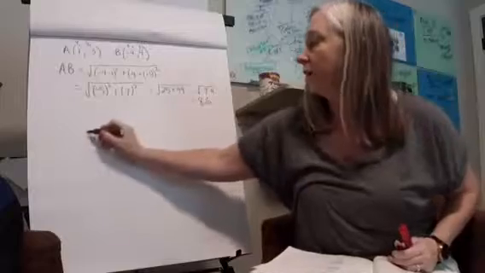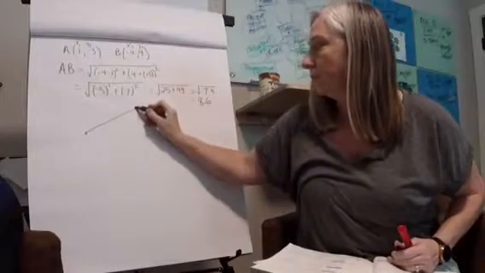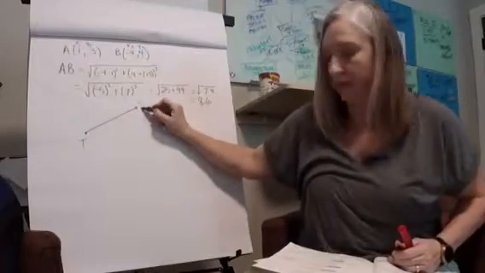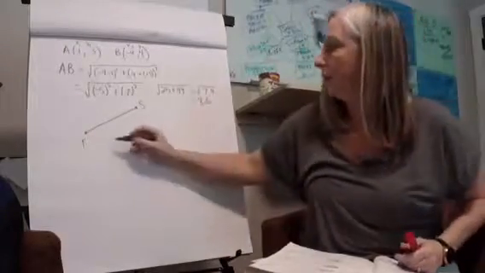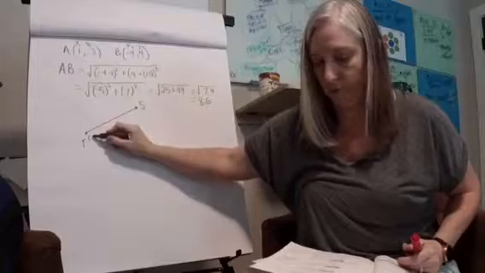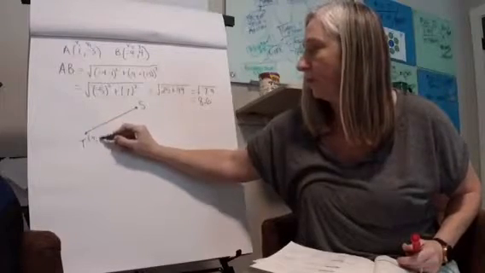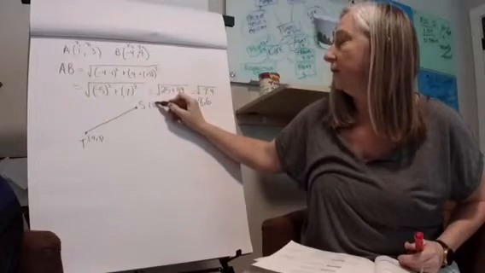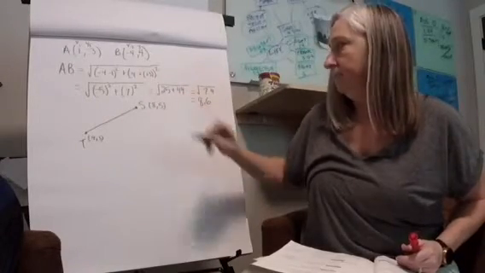So if you think of a line segment that's going diagonally, we'll call this TS, and maybe we even have the coordinates for these. Let's say T is 4, 3, and S is 8, 5. I need to know how